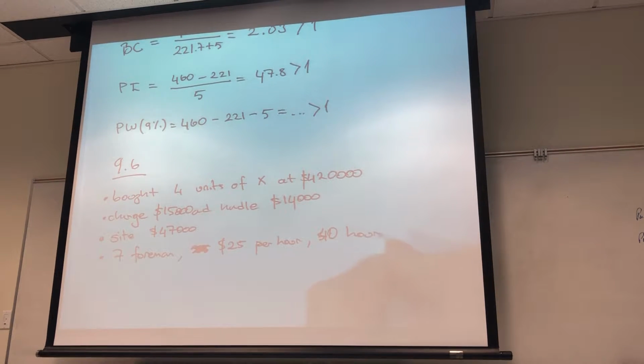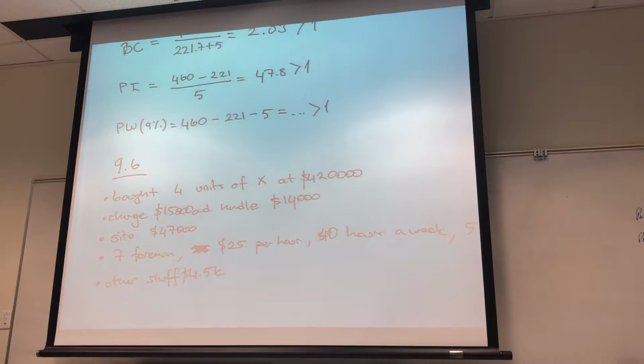This is important because from now on we're going to use the cost basis to find the depreciation and all that, like how much we pay. This is actually important for us. So we have 4 units of costs. So we have 4 units of something, which is 4 times 420